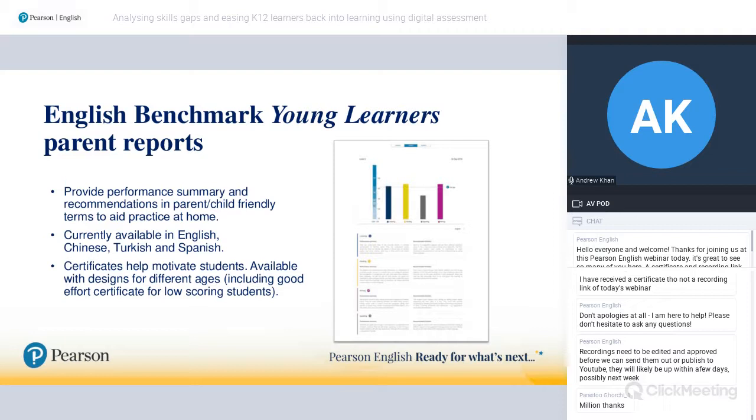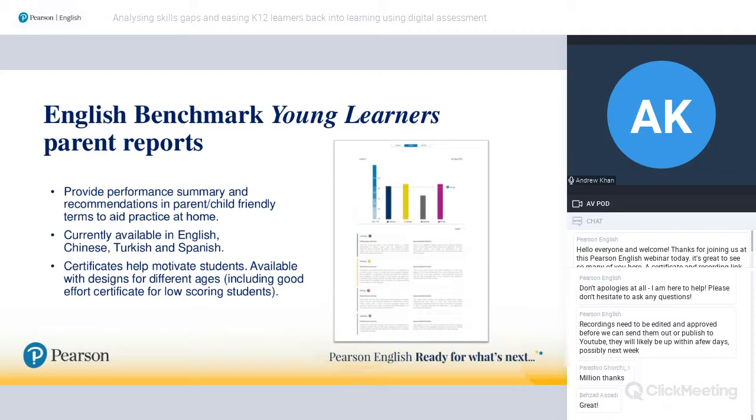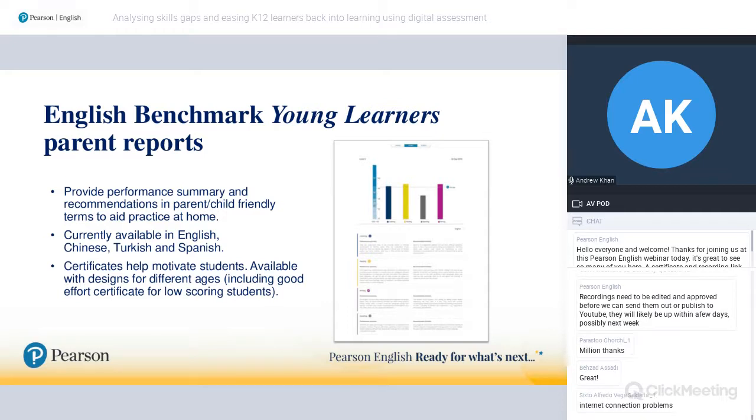An additional nice factor, I think, particularly for the younger learners, is the idea of what we call soft certification. So these are not formally certified tests, not something you take to necessarily get into a different school, but something you can hold in your hand, pin on your wall, and show to your friends and your parents, that says, okay, I've achieved something with English. And it's all very child-friendly, with nice designs, stars, owls, all sorts of things. But yeah, I think a really nice way to keep learners motivated and engaged.